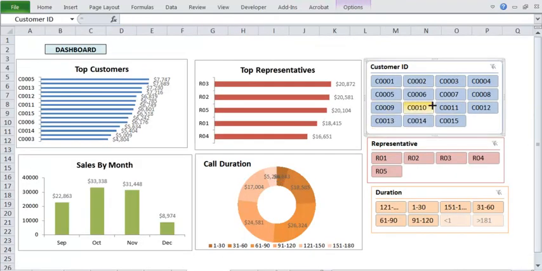But these slicers are very useful to give you an idea about the customers, to give a visual representation to your data, and senior management, they like it. Okay, and you also get a very good understanding about how this is done. Right? So I have not created pivot table, pivot chart for this, but you can easily create pivot chart. You can connect to the slicers, and you can see how exciting the visualization of the data can be when you bring pivot table, pivot chart, and the slicers. Okay, right? I hope this will clear your doubts.